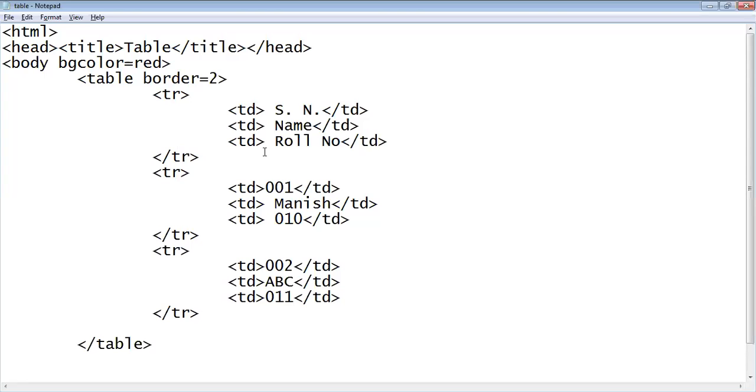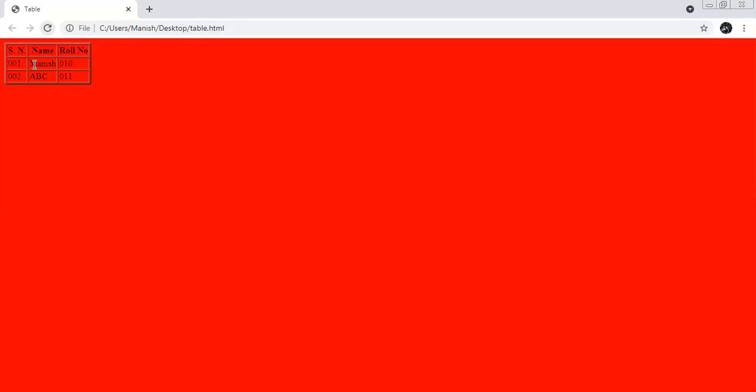Now, suppose this one, serial number, name and roll number, कि अगर आप ये चाहते हैं कि ये हेडिंग फॉर्मेट में आए, then you write here not table data, now this will be table heading, th, table heading, और आप टेबल हेडिंग को क्लोज भी करेंगे हर जगह जहां पे भी आपको टेबल हेडिंग चाहिए. This one is a table heading. We saved the program and share the screen, old output, refresh again. This one is now table heading. Serial number, name and roll number is the table heading.